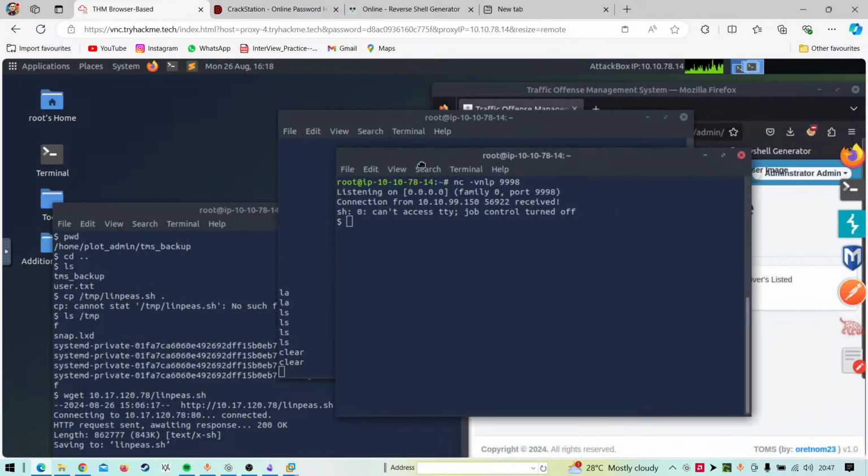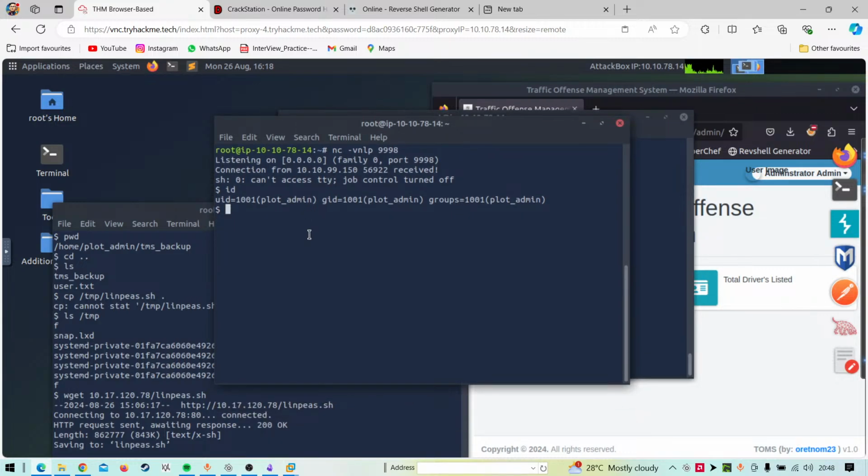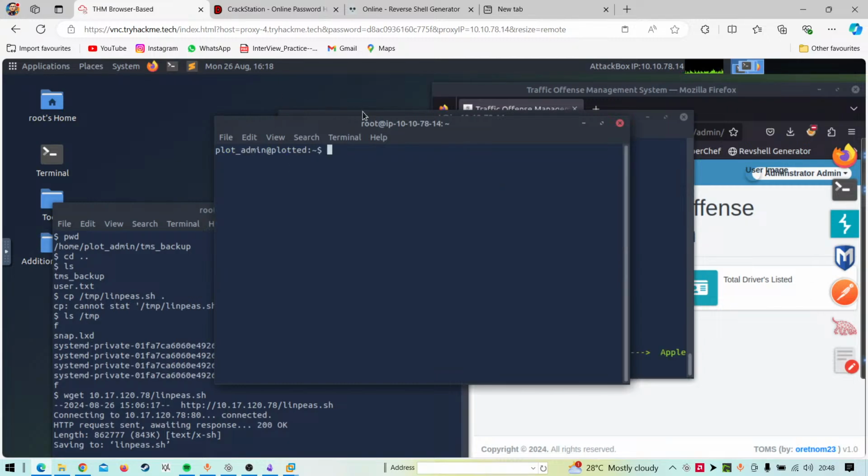So we have a shell now on the plotter TMS, and I'm going to import pty and pty.spawn, maybe /bin/bash. That should do the work, and don't say that the machine is broken again. Oh no, thank God. So just export the xterm for the terminal type, and after that we'll use it.